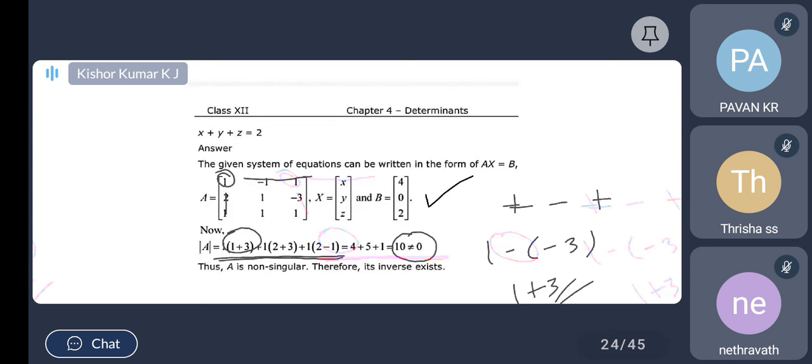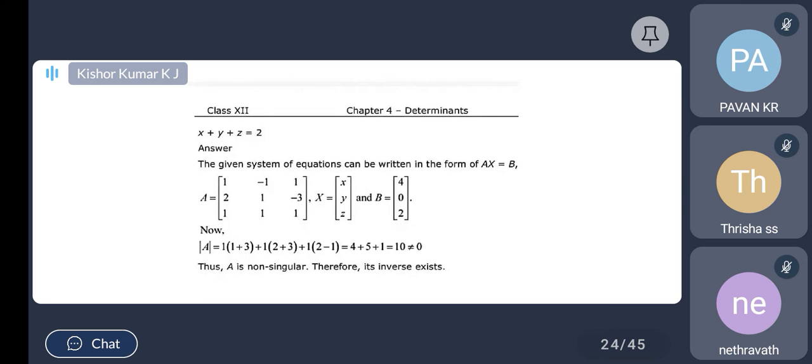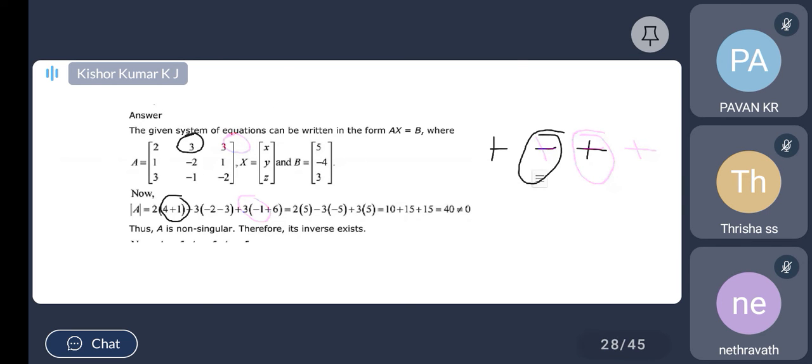That is, we can easily say that 10 is not equal to 0, if the determinant of A is not equal to 0. And the second element, minus 3, because we need to apply this sign, no? Delete the second column and the first row. Remaining 1 into minus 2, it is minus 2, minus 3 into 1, it is minus 3. And with the last element, plus 3, delete the row and column. 1 into minus 1, it is minus 1, plus means minus of minus 6, you will get plus 6. And you can simplify this, you are going to get 40.